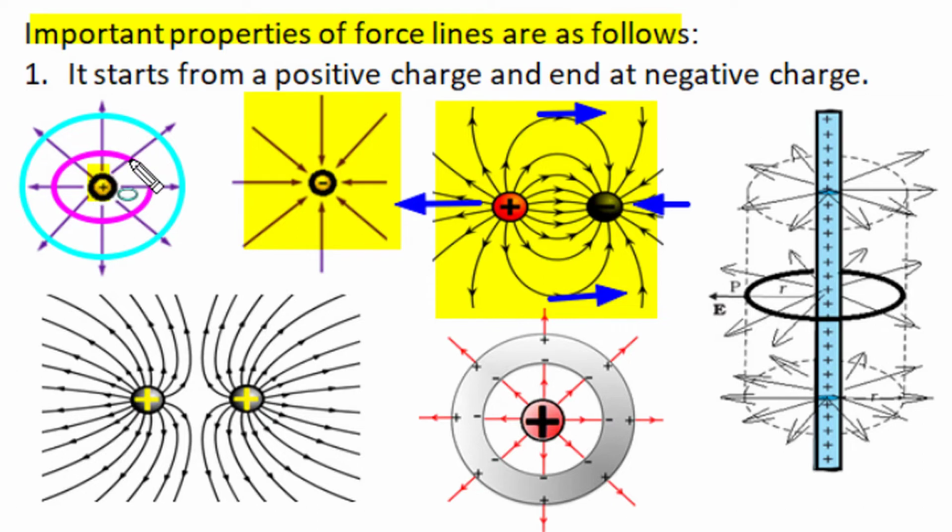So as we move away from an isolated positive or negative charge, the strength of the electric field, or density of force lines, decreases as the inverse of the square of the distance. Whereas in the dipole case, the force lines of the positive charge divert toward the negative charge, and we will find that the variation of density is the inverse of the cube of the distance from the center point, and it becomes 1/8 for